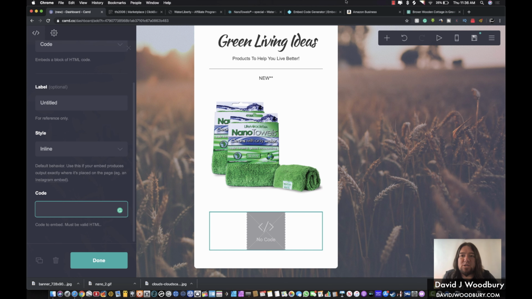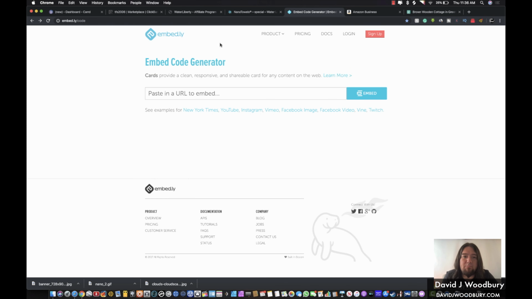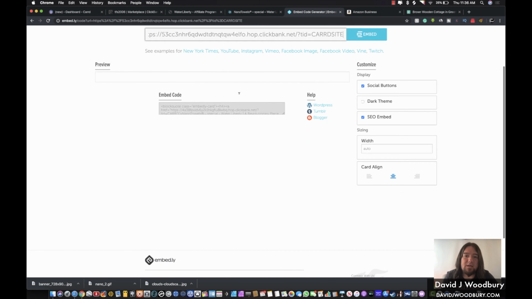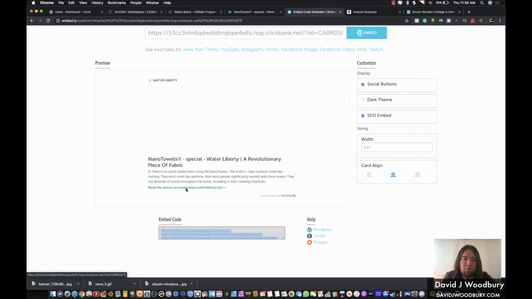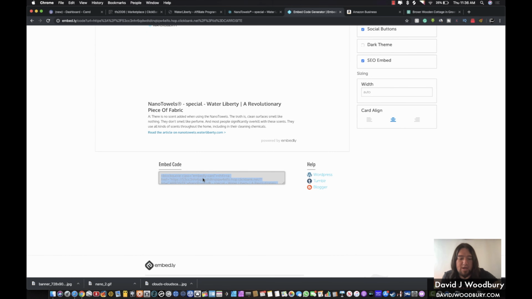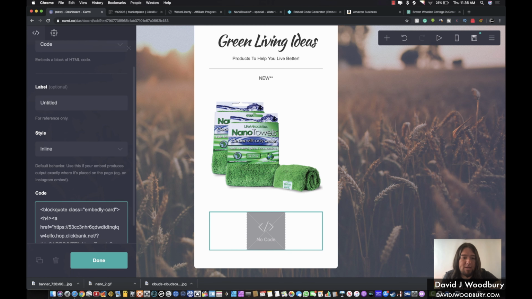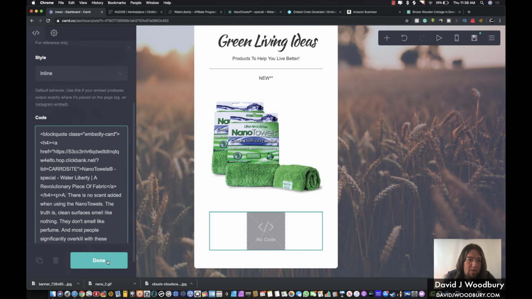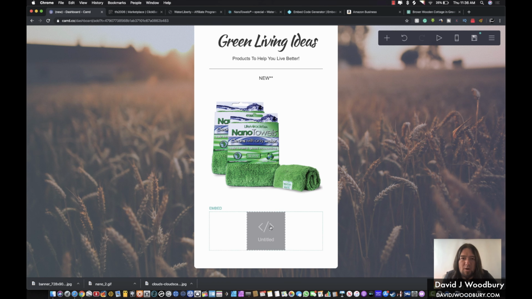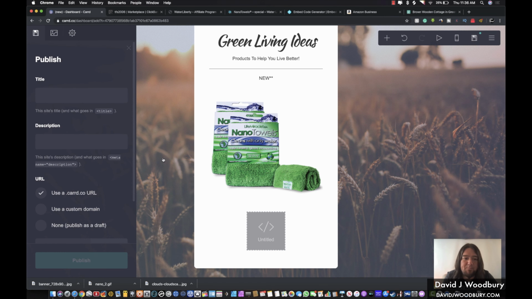So now what I can actually do is come over to this site called Embedly, and I'll leave a link below for this, and I can paste my affiliate link in here, and it's going to create this little preview down here with some information. So I can just go ahead and copy this embed code here, and then we can paste it on our website and click done, and it won't show up until you publish the site. So I'm just going to go ahead and click save, and I'm going to use this custom card